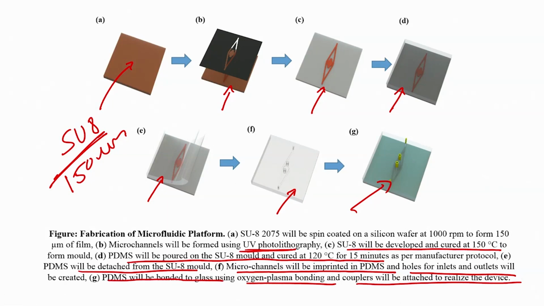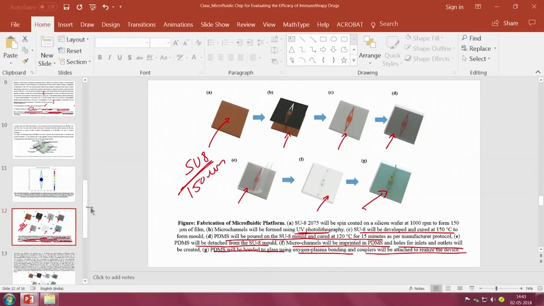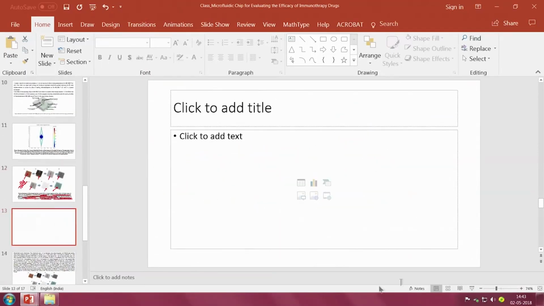Easy, very easy, right? Let us see this thing, how we can fabricate the device. So, let us see here. First point was you take the silicon wafer. Second point was you spin coat SU8